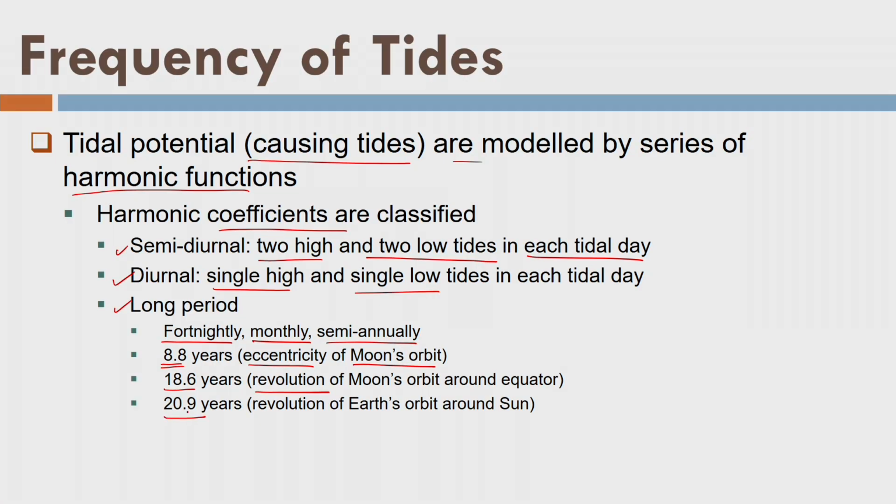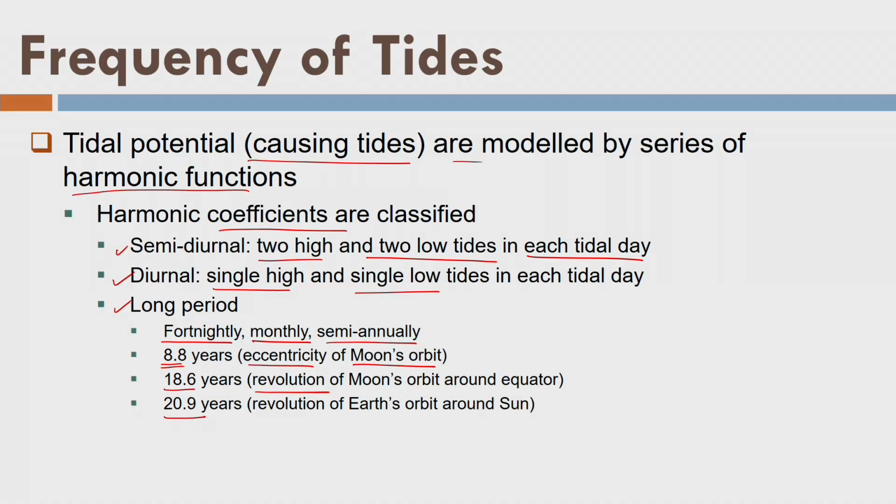Similarly, the earth also revolves around the sun over a period of 20.9 years. That means the point will be exactly at the same position with respect to the sun after 20.9 years or 21 years. Fine. But as we know that the effect of the sun is much less than the moon, that is why we always prefer a period of 19 years for the observation of the tides. That means we create the MSL by observing the variation of the tides over a 19 year period at a place or at a sea coast, right.